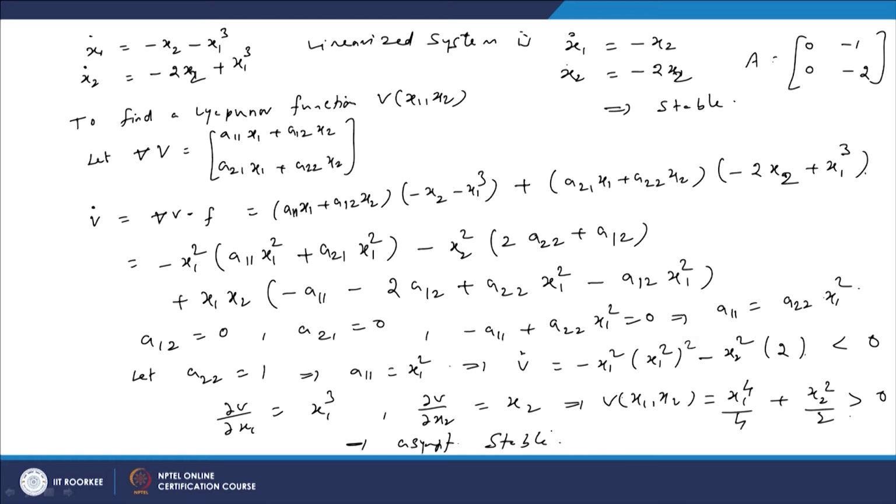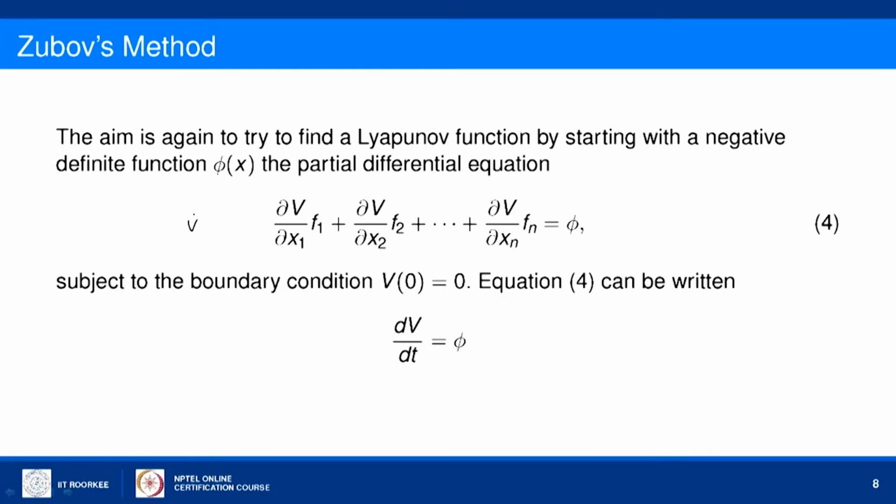This is not the only way; there are infinitely many ways of finding this Aij in this particular manner. If you are not able to find any such Aij, it does not mean anything about the stability of the system. There may be some other procedure through which we can find it. So immediately we cannot conclude, just because this method is not working, that the system is not stable; no conclusion can be drawn. Okay, now we will see the second method, Zubov's method.